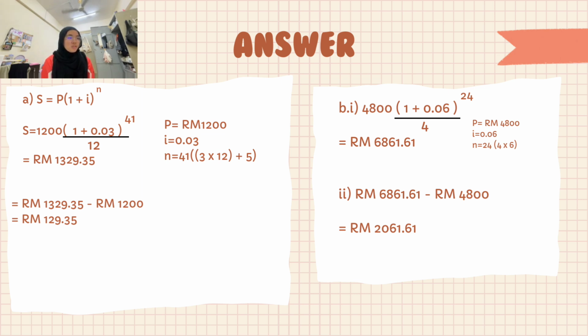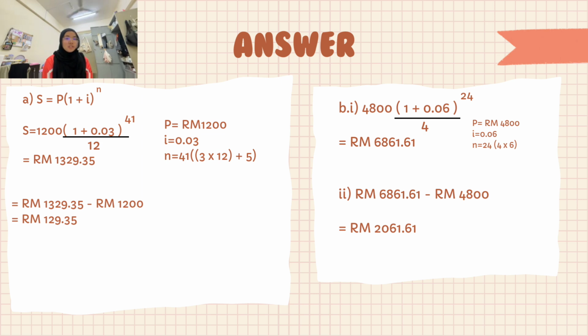So the important information is P equals to 4,800, I equals to 0.06, and N equals to 24 by 4 times 6 equals to 24. So we compile all the information into the formula with the same formula that we used in the question A. So we calculate it into the calculator, and we got the answer, which is